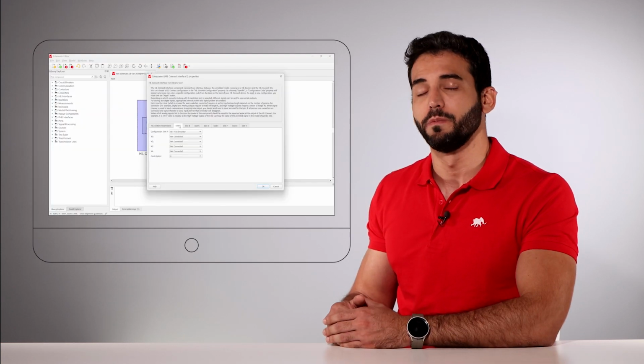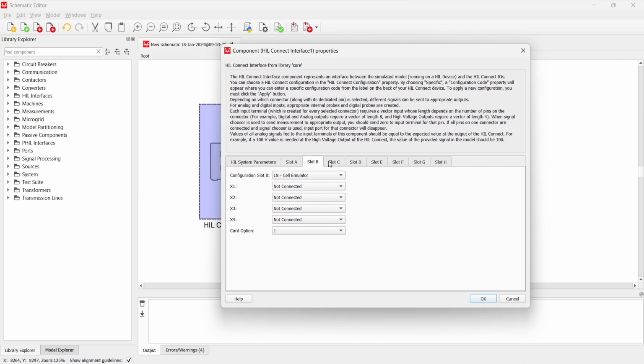In simpler terms, when you employ the ready-to-use BMS interface and select the corresponding configuration preset, manual selection of cards of each slot becomes unnecessary. The system automates this process for you. For example, slots A, B, C, and D contain a cell simulator card, slot E contains a CAN resistor emulator card, slot F is equipped with a BMS digital card, and slot G with a BMS analog output card. This update is part of our commitment to providing comprehensive hardware and software support for BMS applications, with the aim of ensuring seamless integration with your BMS under test.